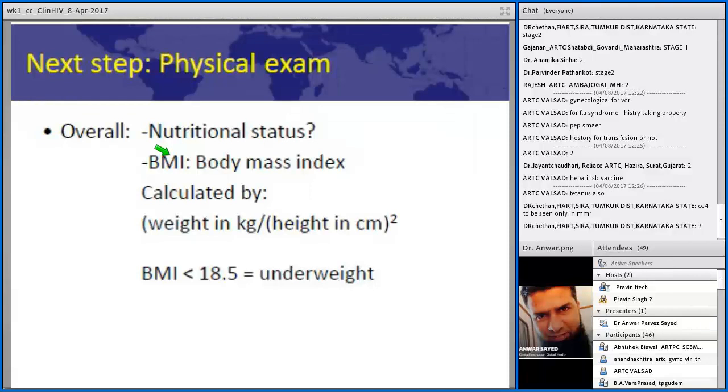You need to prioritize the problems and put them up. If you prioritize the problems, then it is easier to concentrate on them. And that leads to the fourth part of the SOAP format, that is subjective, objective, assessment and planning. So you can then plan management for that patient for all those problems based on their priorities. So this is another way of doing the clinical examination and assessing the patients. That also is very helpful.